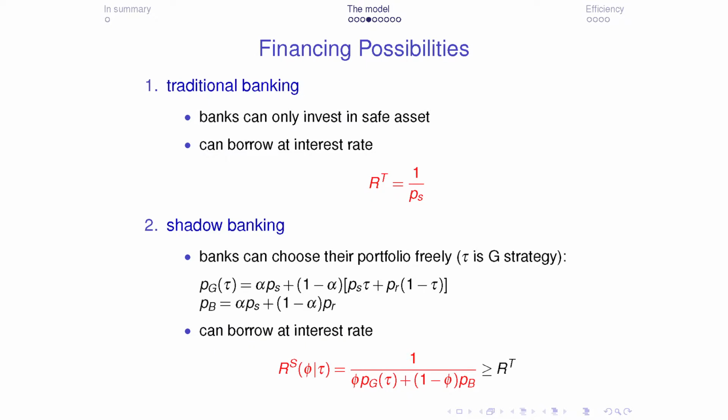So now the interest rate at which the bank can borrow if it's participating in the shadow banking system is going to be bigger than the one that arises in the traditional banking system, because now the lenders are going to take into consideration that there are going to be good banks and bad banks, and even in an equilibrium where tau is 1, so the good banks behave well, there are always going to be bad banks who take too much risk. So they want to be compensated for that, and the interest rate is going to be higher than R.